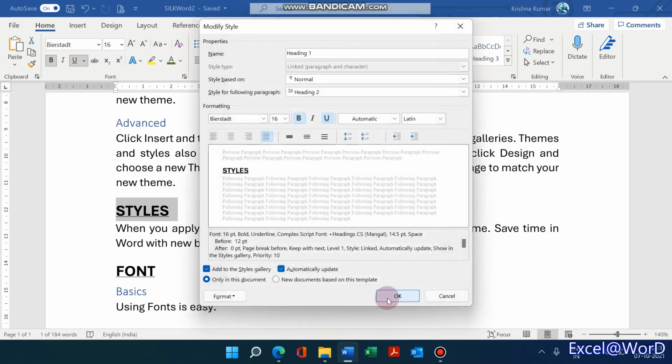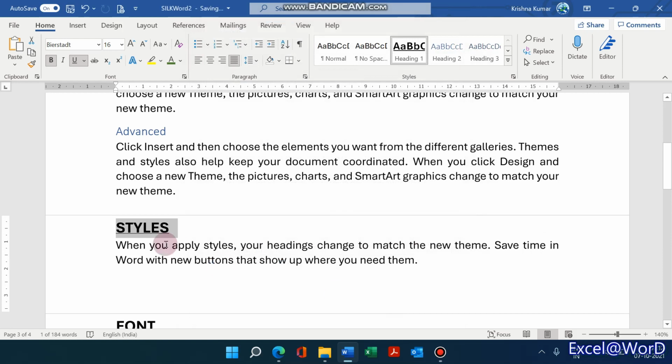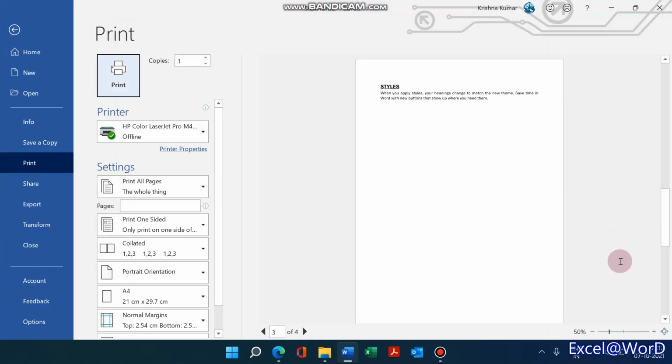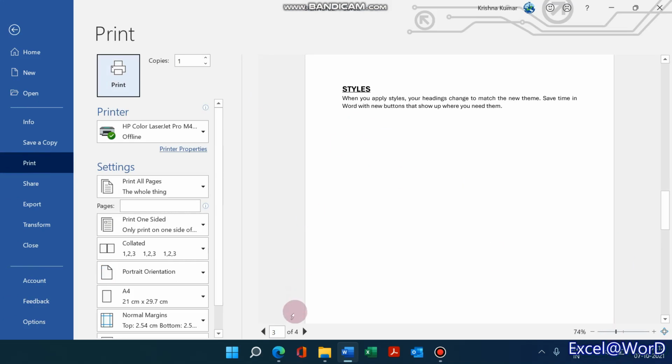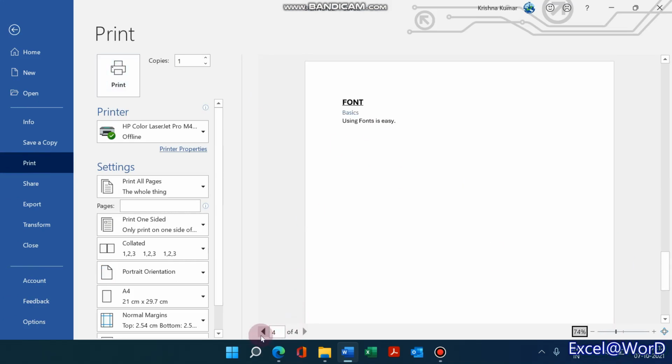That means if I automatically update this across the whole document, what I get is the topic is always preceded by a page break. Basically, that means I got 4 topics, so there are 4 pages. If you see, page 3 or 4 is where we are right now. You see the print preview, there are 4 different pages for 4 different topics.